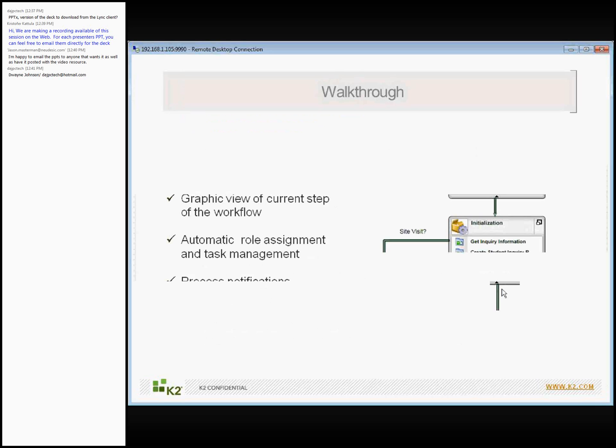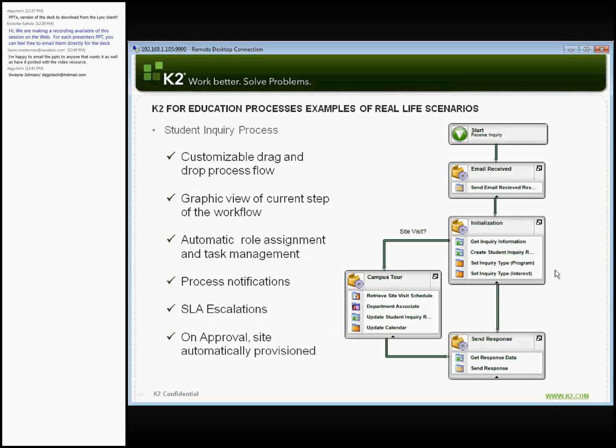So maybe we start with that inquiry. This is what a potential inquiry might look like. Again, it's a very simple process. But what you get here is a customized drag and drop process flow, graphical view of the current step, process notifications, SLA escalations. So if the deadline is approaching, make sure that this is actually occurring. We want to make sure we can forward that and reassign it to a different user if necessary. Once we approve all this, or once the student comes into the system, we can have an automatic site provision. So again, that unified work area put in place in SharePoint,